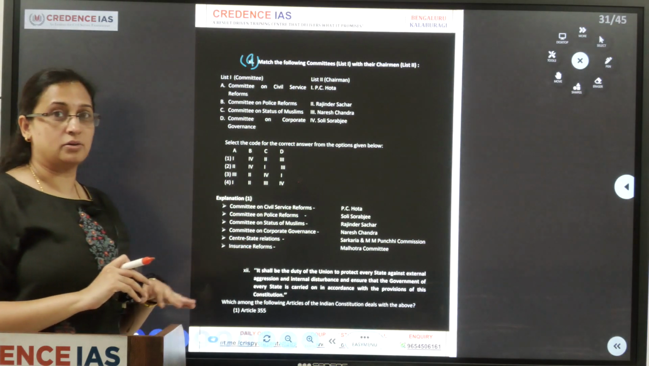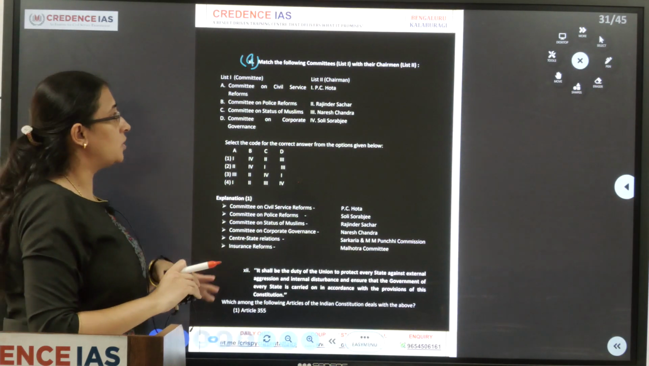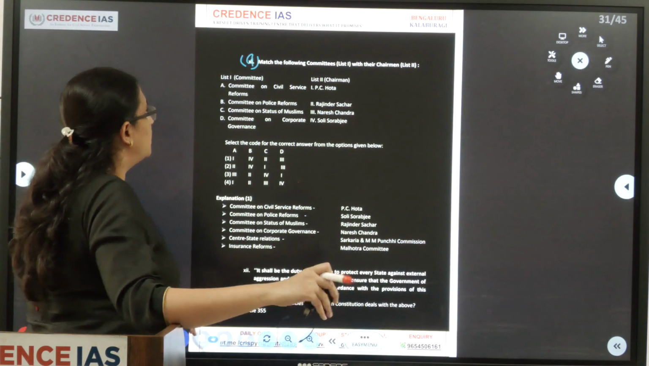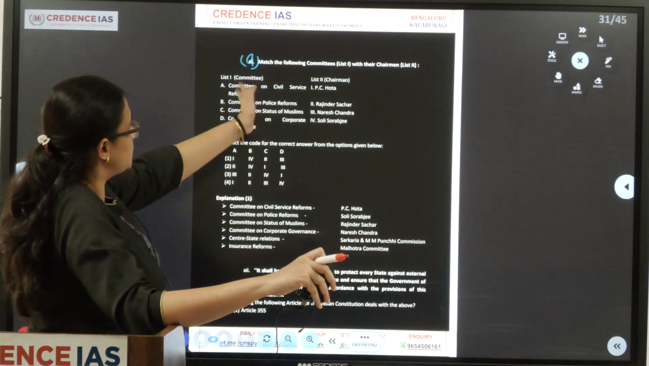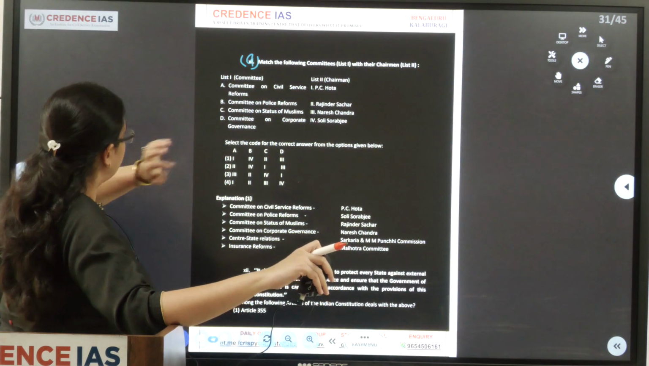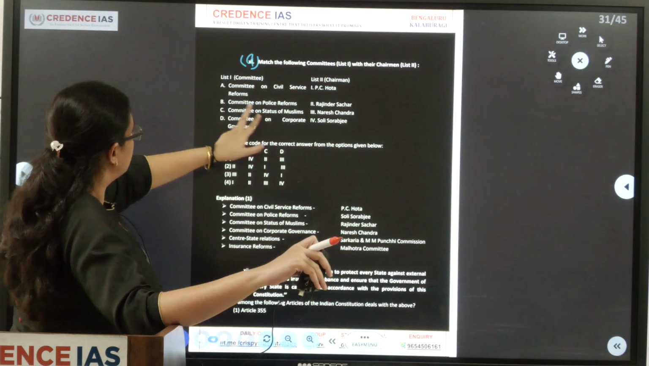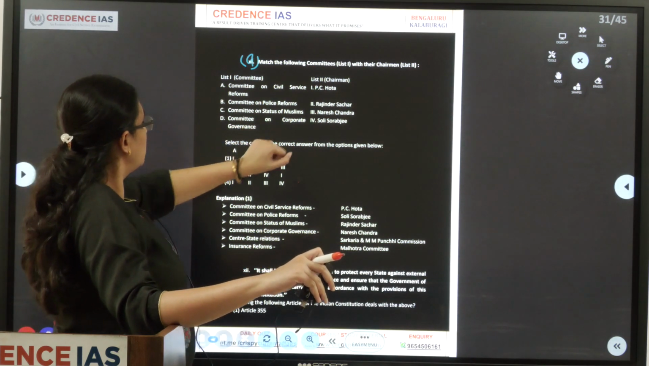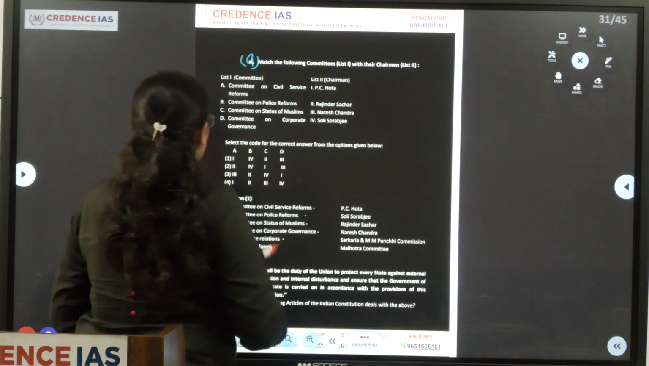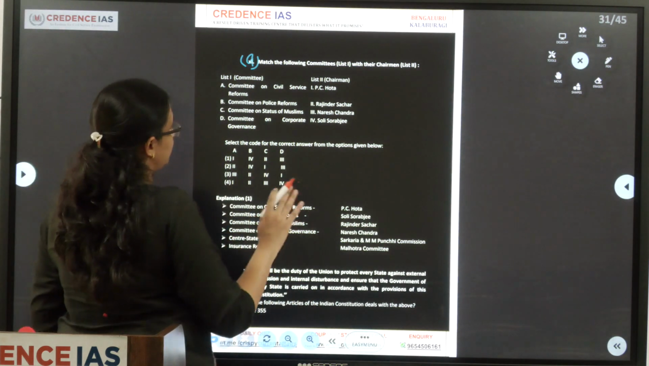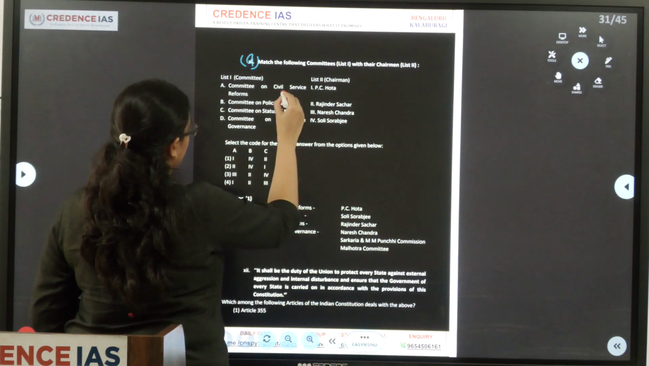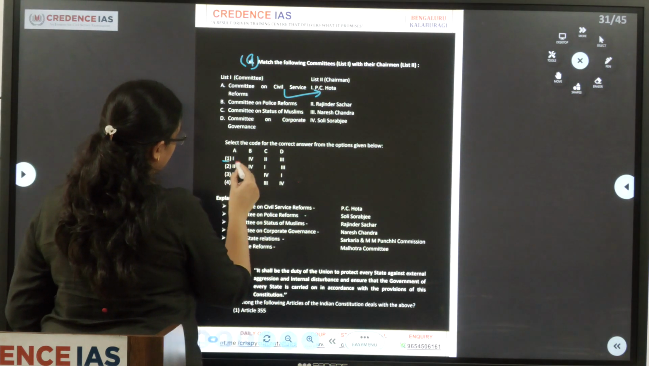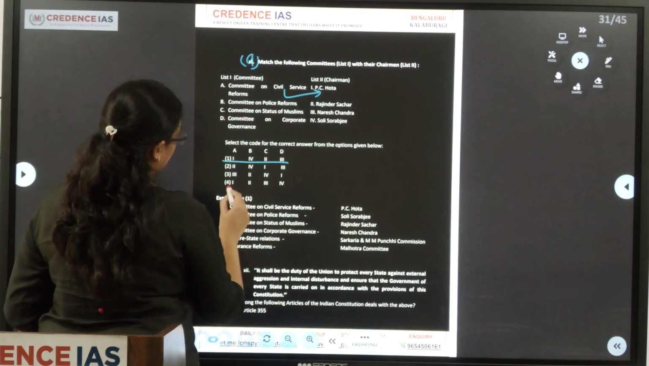This is a very general question. More than a polity related question, we can say it is a current affairs related question. We have to match the chairman with the respective committees they headed. Here, Committee on Civil Service Reforms, Committee on Police Reforms, Committee on Status of Muslims, Committee on Corporate Governance. As civil service aspirants, we should know the Committee on Civil Service Reforms. It was headed by PC Hota. So here we can go for this A1 and